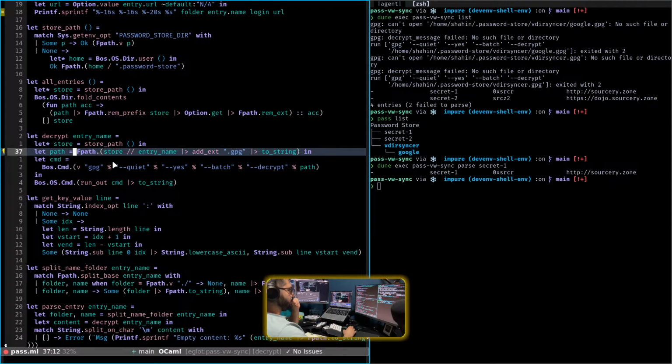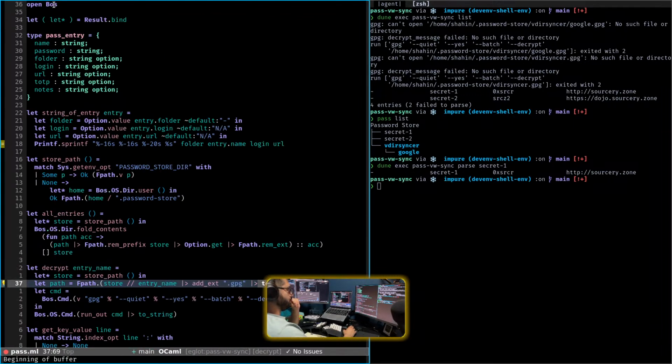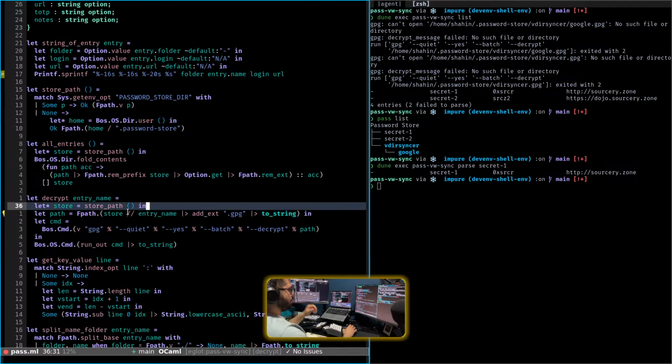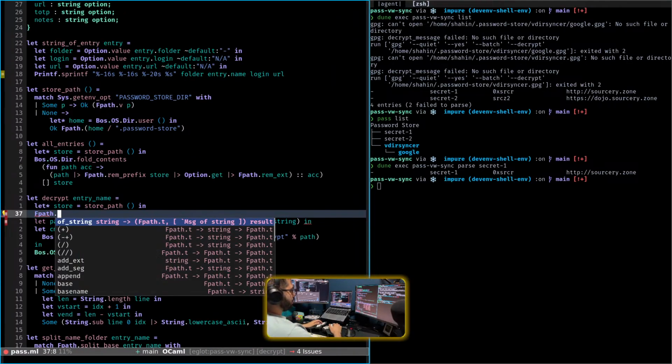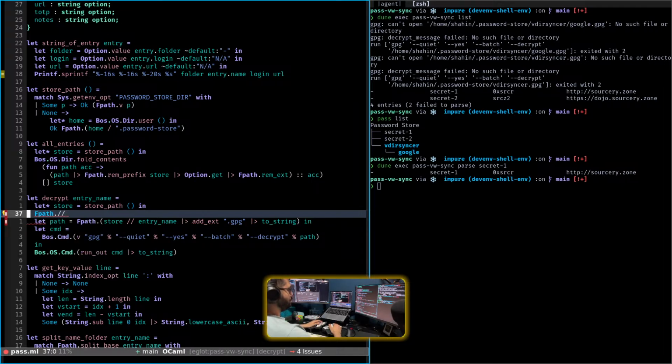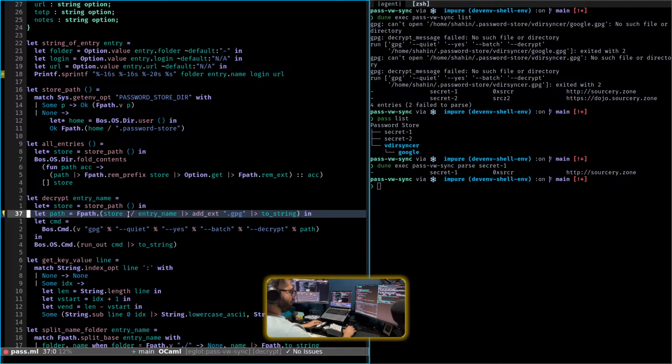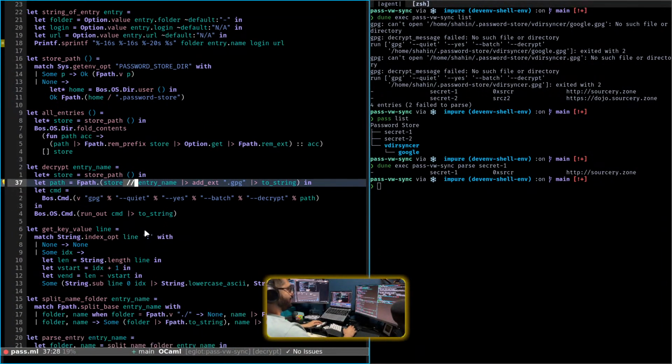So all of these functions, basically this / add extension and toString, are part of the fpass library, but I have not opened fpass. So every time I need to call, for example, fpass / to be able to get this function, infix function invoked. The other convenience syntax trigger the OCaml provides is this: you basically fpass dot and then parentheses,